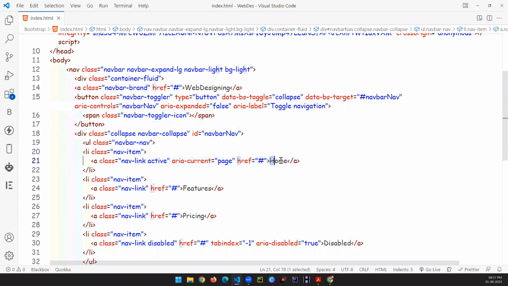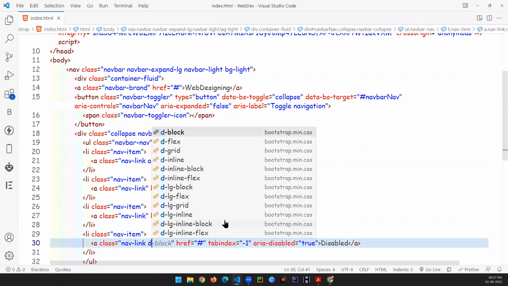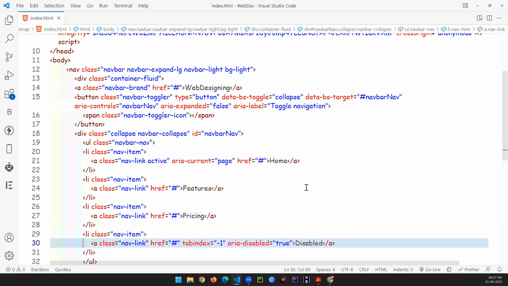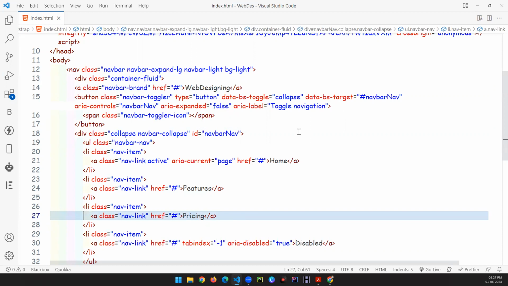And over here, next thing what we have are the links, tabs. First we have home, then features, then pricing, and we have disabled also. So why is it disabled? Because there is a class which is already written over here. If we remove that disabled, this particular link won't be grayish in color, which does not allow us to click. It will remove everything and this will become a part of the nav. Okay, so let's see this particular project, this nav bar, in our